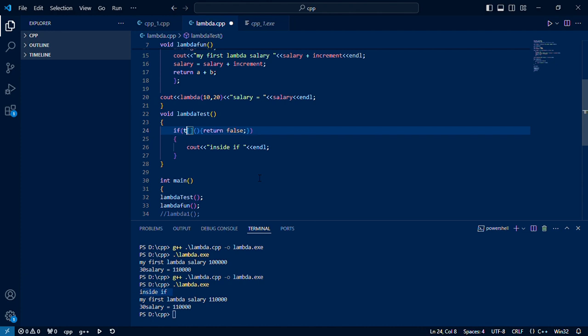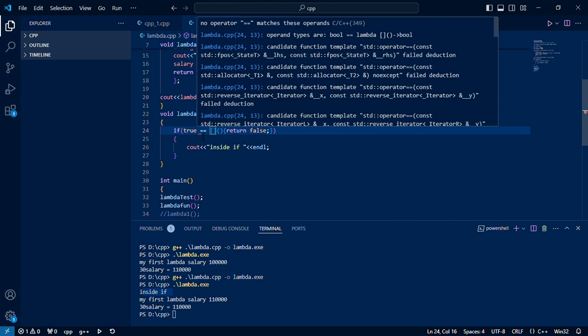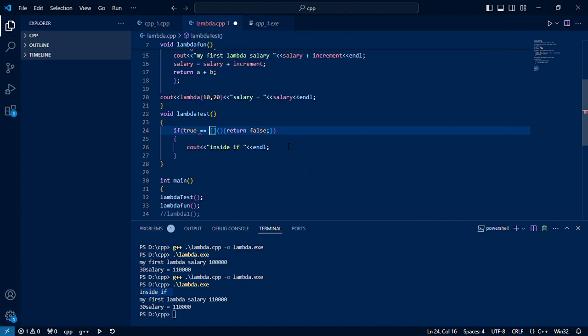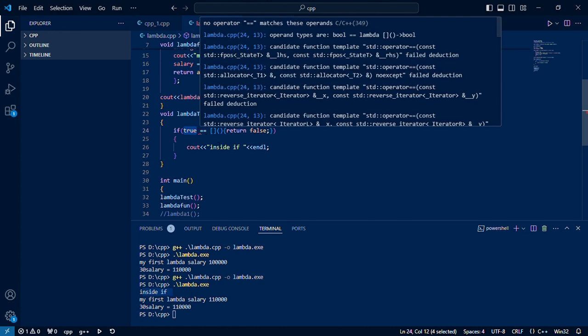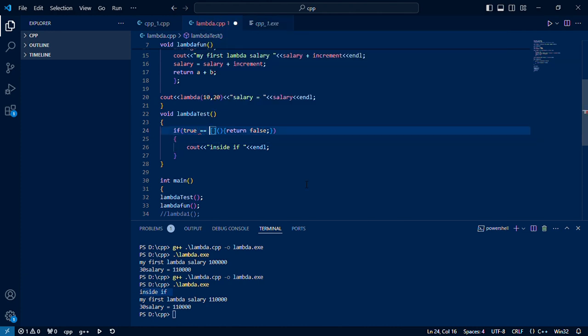See, when I changed this to true equal to the lambda function, now it is saying some error. What is the error? It is saying that it cannot be compared with a lambda which is returning boolean. So this is not actually returning a boolean value. So basically, if you would have done this,